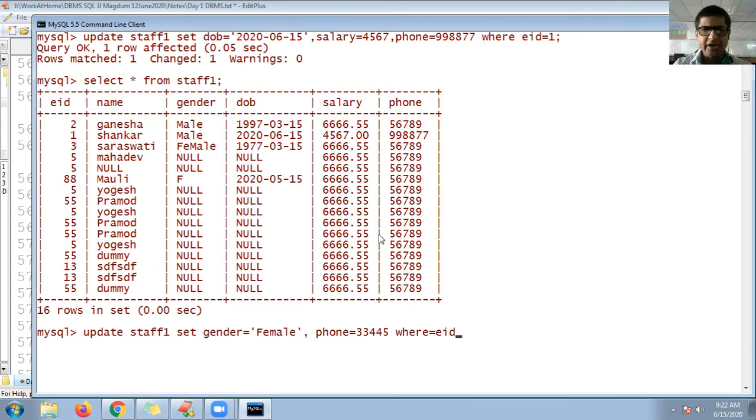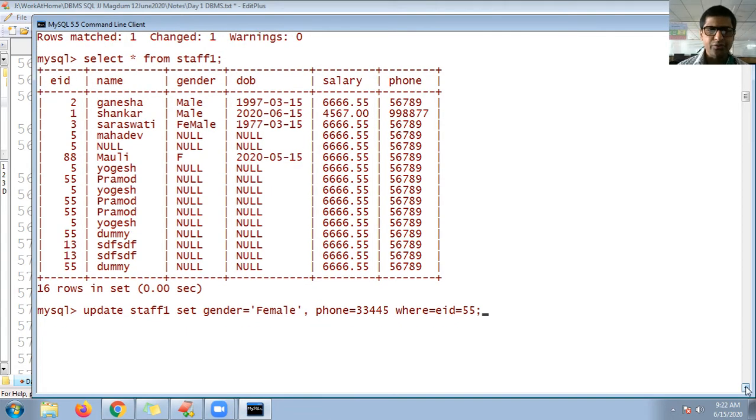Where employee id is 55. So what would happen if I go for this query successfully? What would be the result?